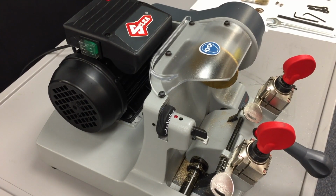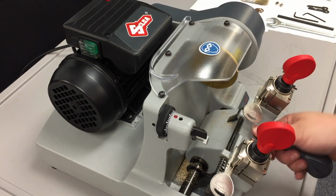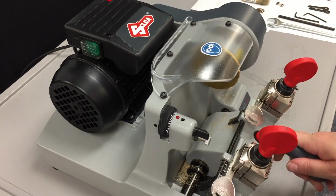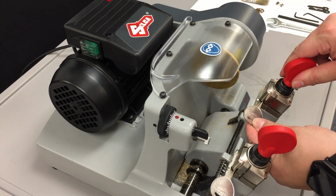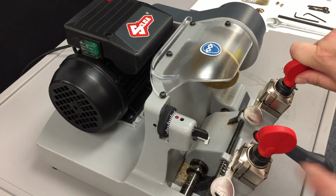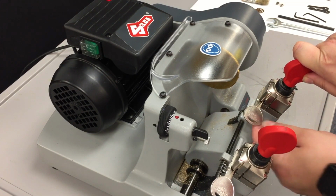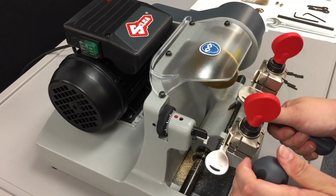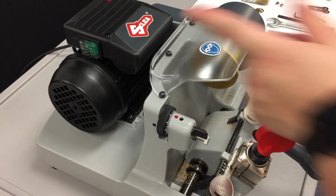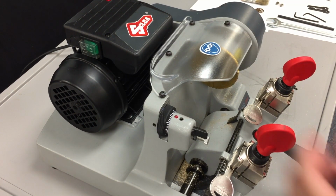Now since these are double-sided, double edge cut keys, we will need to do one pass through, one clean sweep as before, turn the motor off, flip this key. It's the same cut on both sides, so we don't need to flip the original because it'll have the same cut, but we do need to flip the key that we are cutting. So we'll flip it, and then we'll turn the motor back on, do another pass through, cut it, turn the motor off, take the key out, turn the motor back on, and use the deburring brush on both sides of the key. Alright, so motor on,